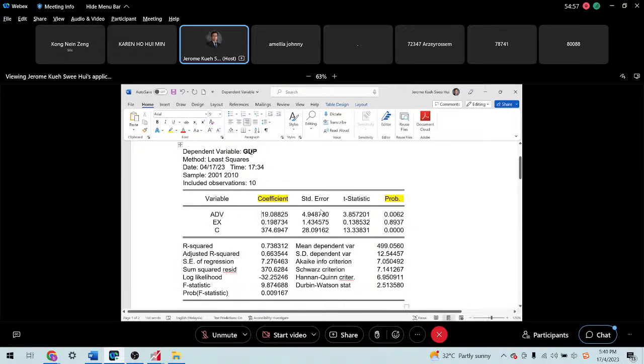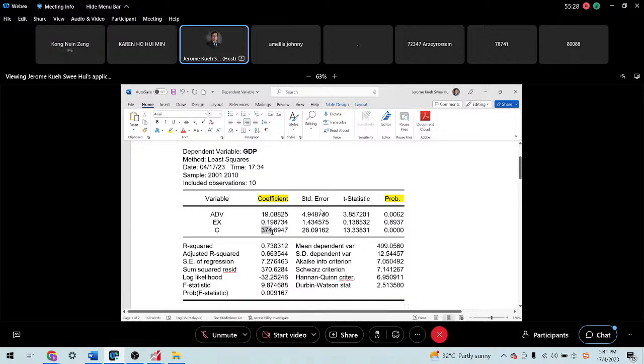For example, the GDP could be in trillions or billions, and the advertising, and this is export for example, may be in different measurement units. For export, it may be just in $1,000 US. If you run the analysis using the raw data with different measurement units, you may end up with some unusual outcome. For example, like this one.